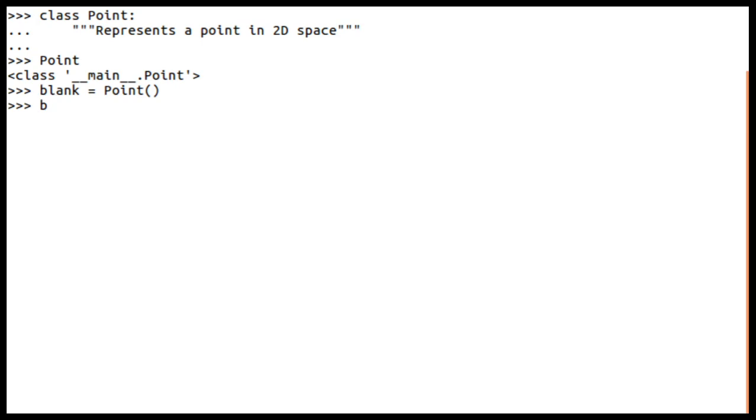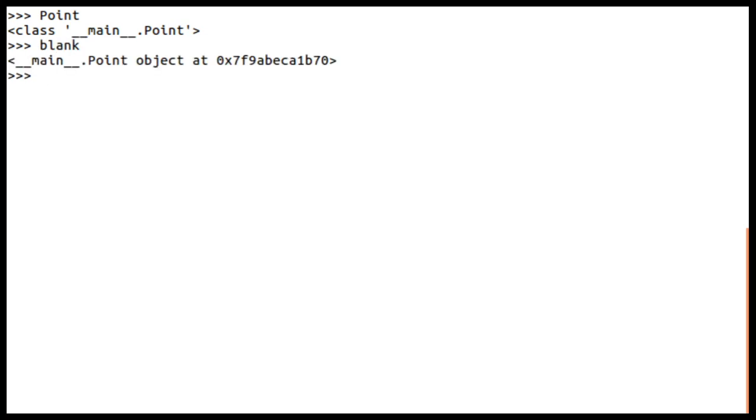Now if I type just blank, what we get is a Point object. Remember, Point is a class, whereas just now I have created a blank variable, which is nothing but an object, and here it is displaying where this object is stored in main memory. 0x indicates it's hexadecimal, meaning the address is given in hexadecimal form.